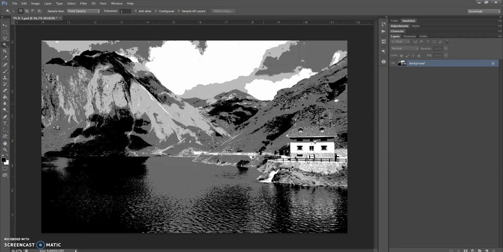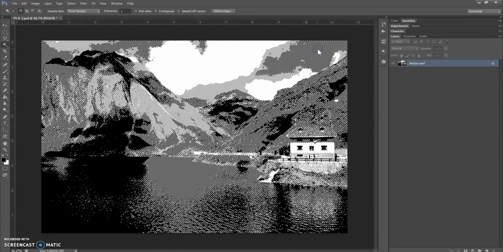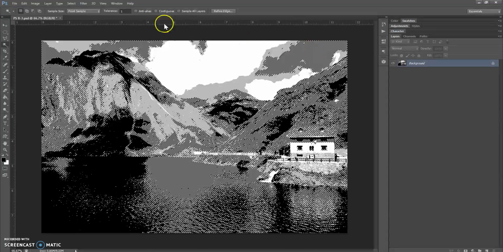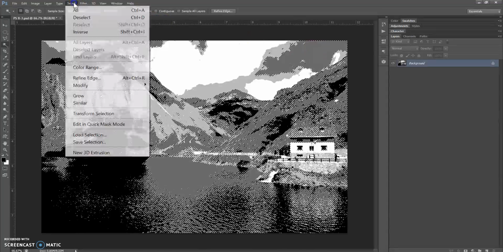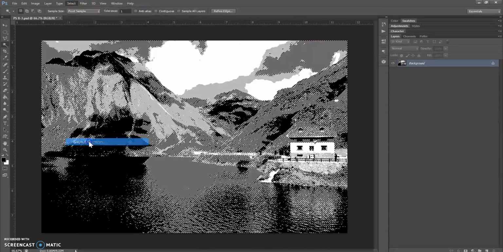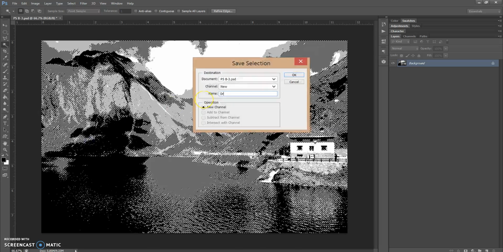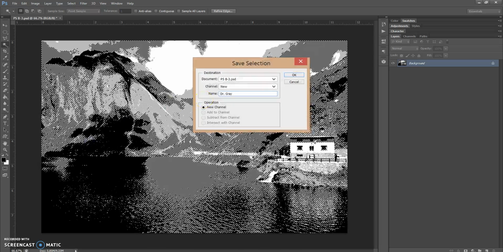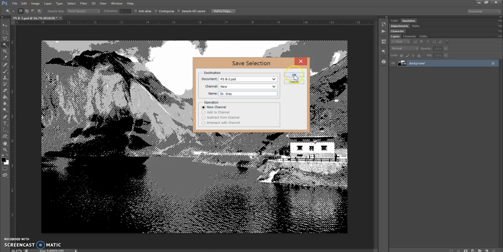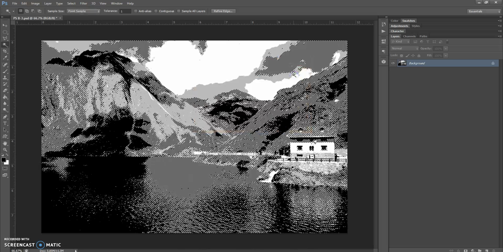Deselect. We're going to do the dark gray now. So make sure when you choose the dark gray area that you go in a place where there isn't any other colors. So I would go down here in the lake or up here in the top right hand sky to grab the dark gray. And then we're going to go to select, save selection, dark gray, click OK,